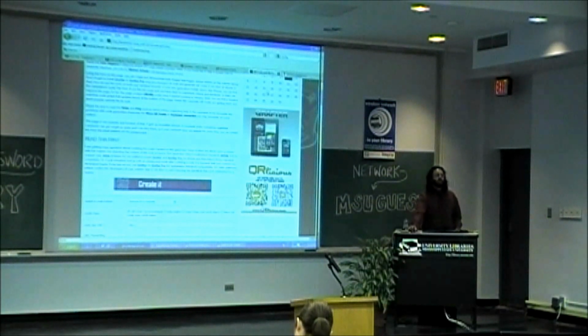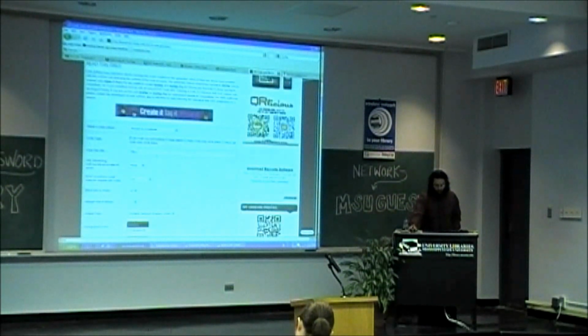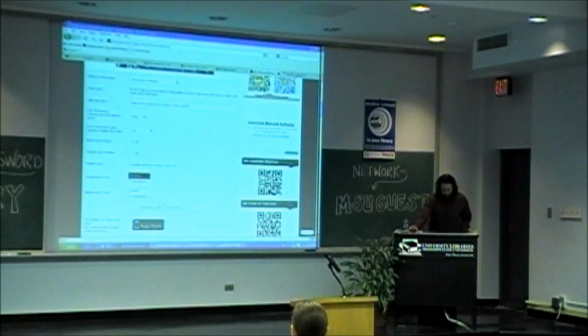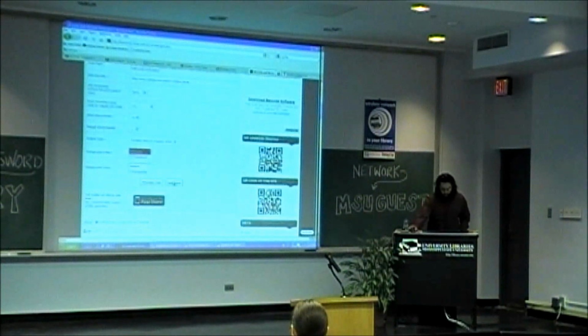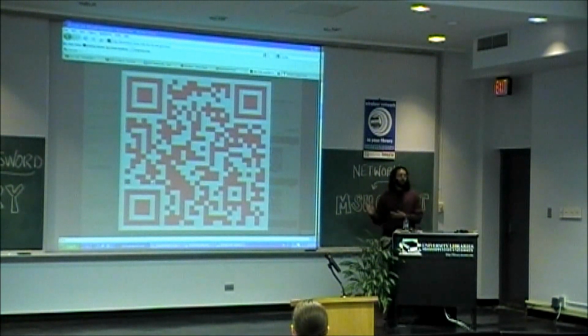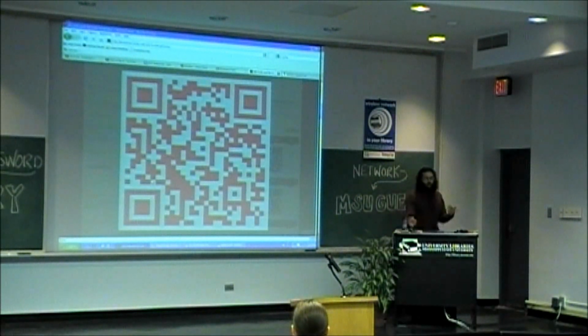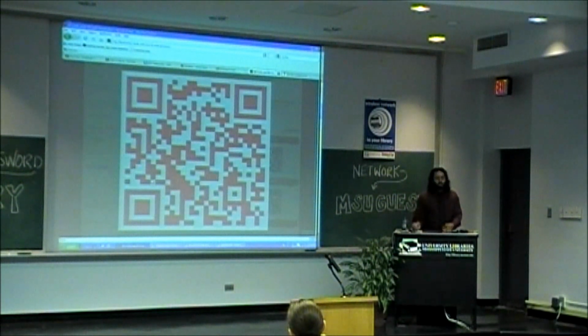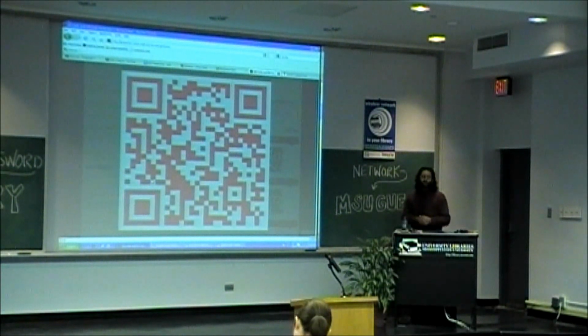So if you have some print media and you're trying to match up the colors, we'll put the link here. And then we can say, okay, coming from Alabama, we want some red, maybe some gray, generate code, and it's now created this QR code for me to that video in the color scheme that I wanted. And because it uses those hex values, you can get with your graphic design department and use the exact same color scheme and make sure it matches perfectly with whichever print media that you're using.